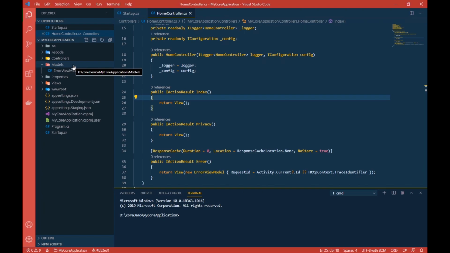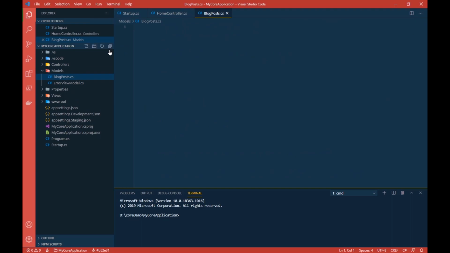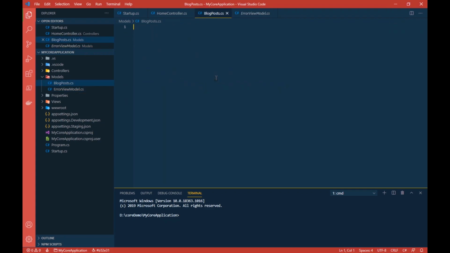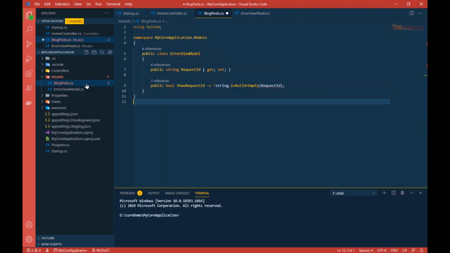Now, what we want to achieve is to display the name of a blog post from our database. Okay, this is what we are trying to do. So for that, we need a model. Let me quickly create a model. I'll just click on it and write BlogPost.cs. Now this BlogPost.cs will contain data related to our blog post. Let me quickly change the class name.